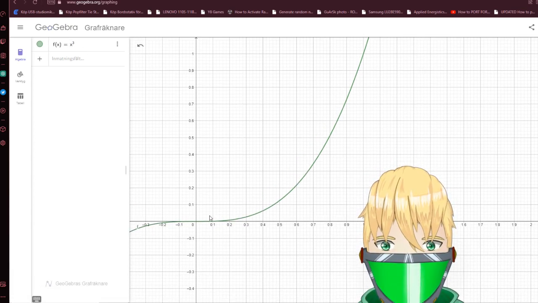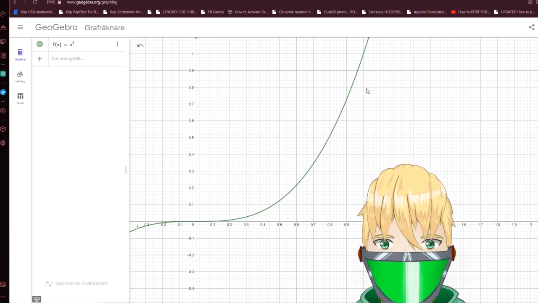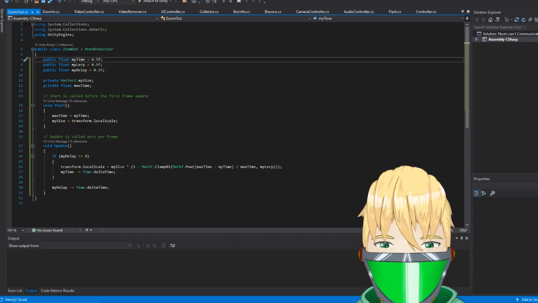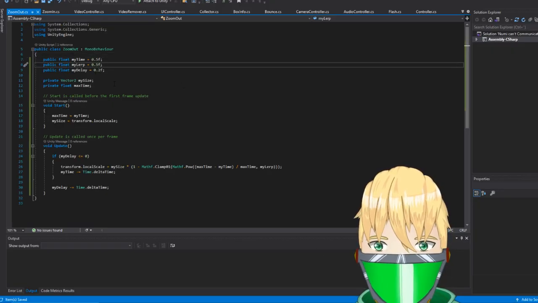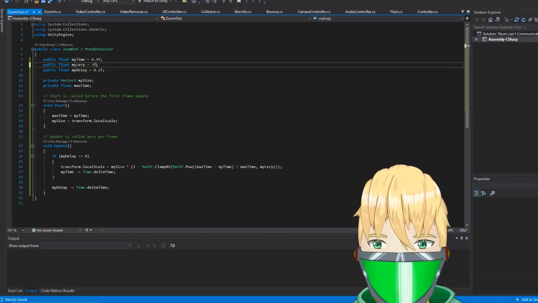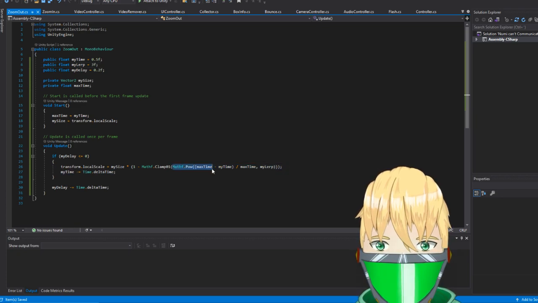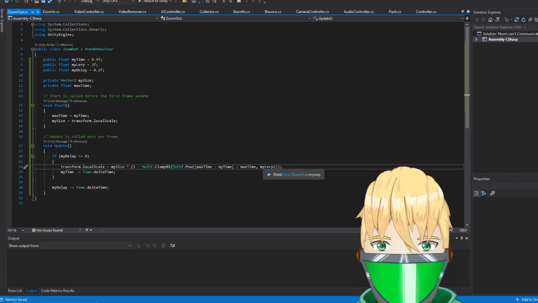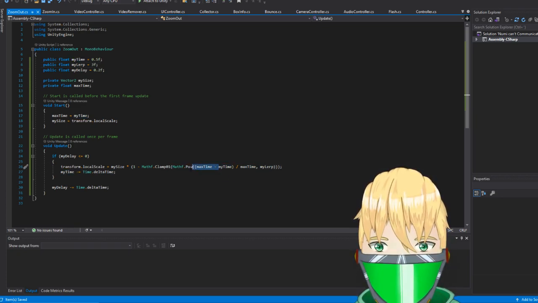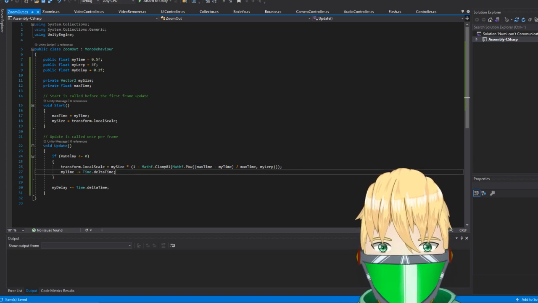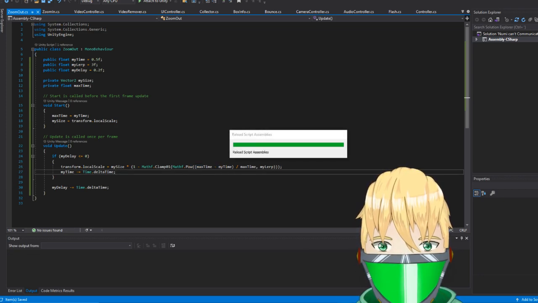And that would probably work better on the other one as well, if we had a free lerp here, and instead we do what we had before. So just my time. Oh wait, we want to start at 0, right?